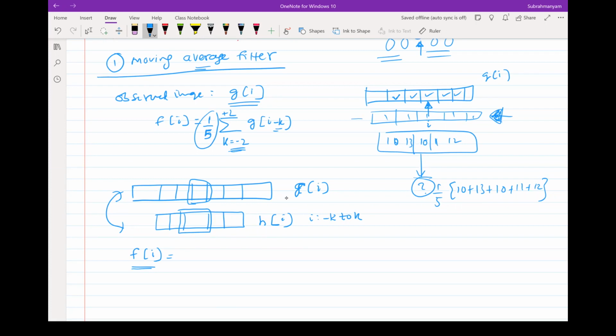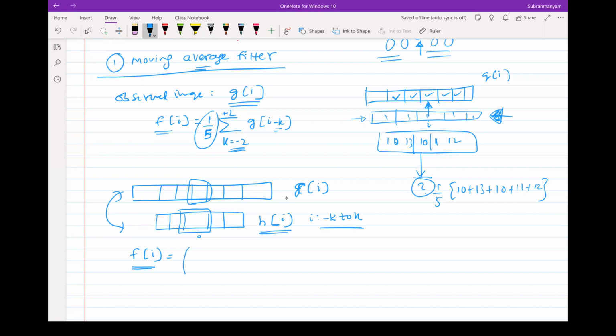I don't want to specify the weights of this kernel, or I still don't want to call it a kernel, weights of this vector a priori. I just want to look at it later on. I want to keep it general. That's what I am calling it, you call it a mask or whatever, h of I. Now, can you express f of I in terms of g of I and h of I? Let us start with very simple things.